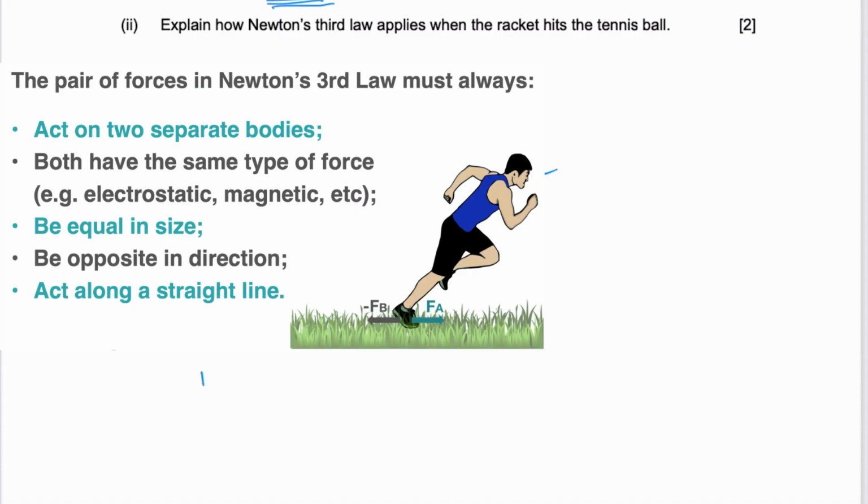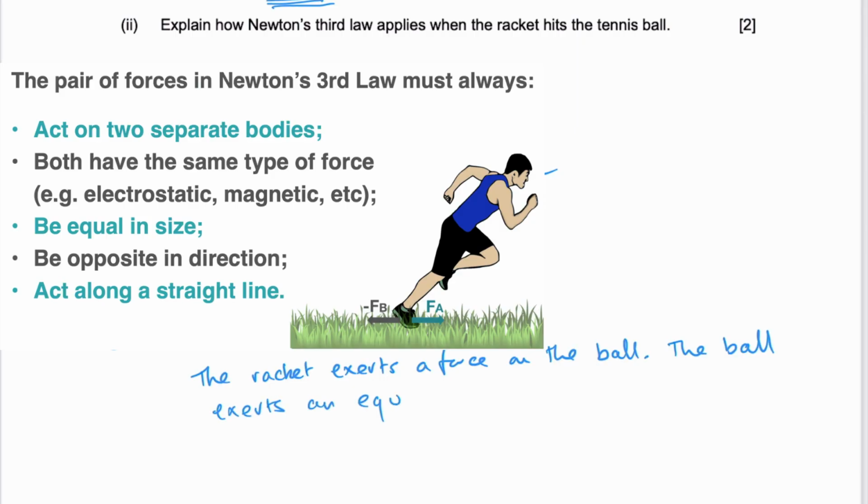I would write: the racket exerts a force on the ball. The ball exerts an equal and opposite force on the racket. Now, if you can remember that sentence off by heart